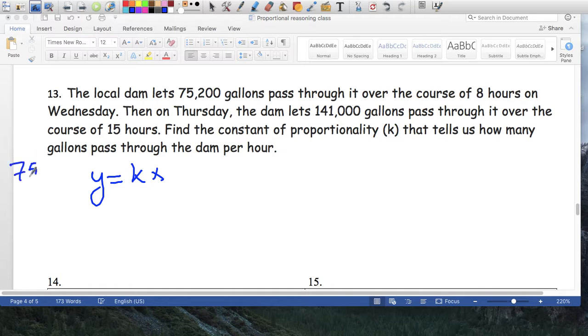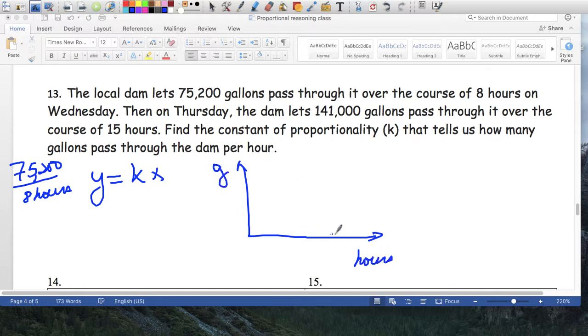So it's 75,200 over 8 hours. And because we're talking about y and x, you should think about it in terms of this, where this is the hours, my independent variable, and this is my gallons. So at 8 hours, the x value is 8, and the y value is 75,200. I can take that point, and I'm going to choose that point and find